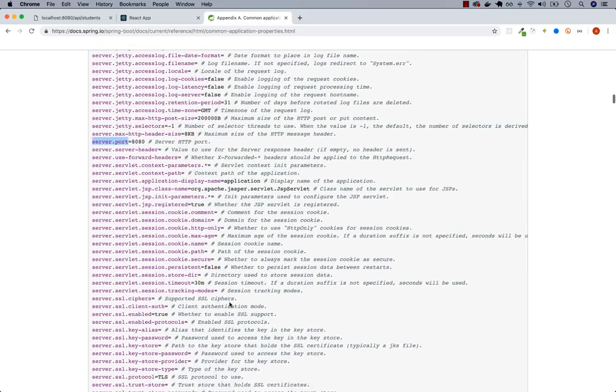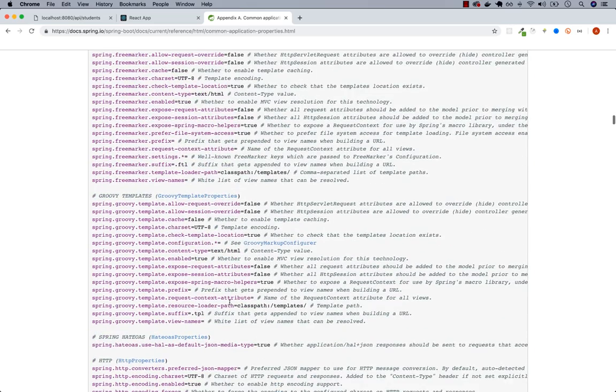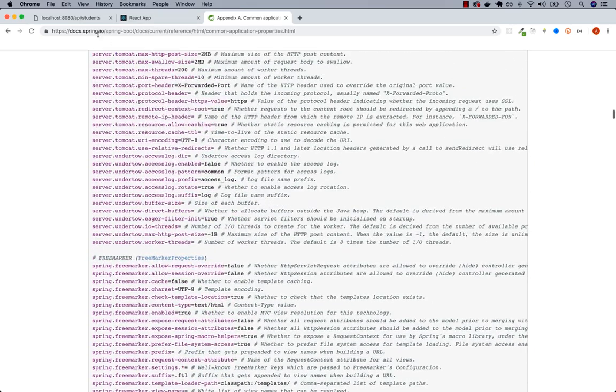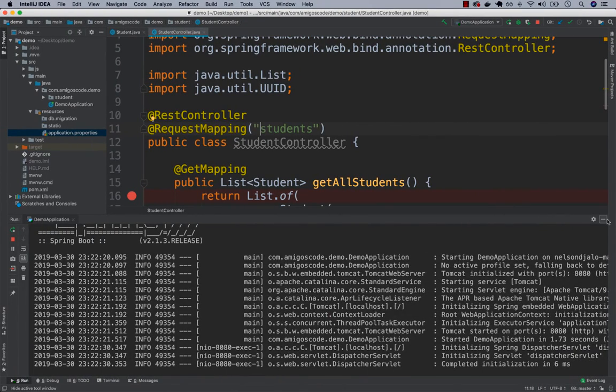But we're going to leave it as it is. So basically, let's go ahead and actually change a property that will allow us to have the API in every single endpoint. So /api and then the actual name. So the property name that we want is called